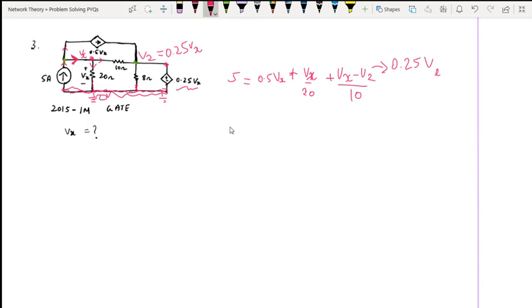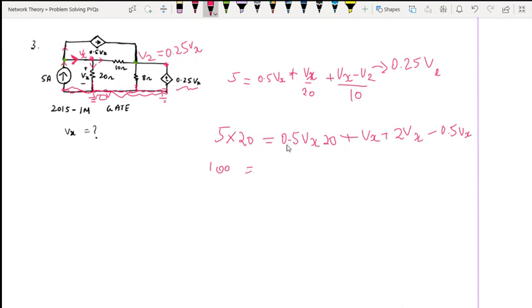The next equation. Let's first substitute and then write. I'm taking 20 as LCM. So 5 into 20 equal to 0.25 Vx into 20 plus Vx, then plus 2 Vx minus, we have 2 into 0.25, that will be 0.5 Vx. So this is 100 equal to